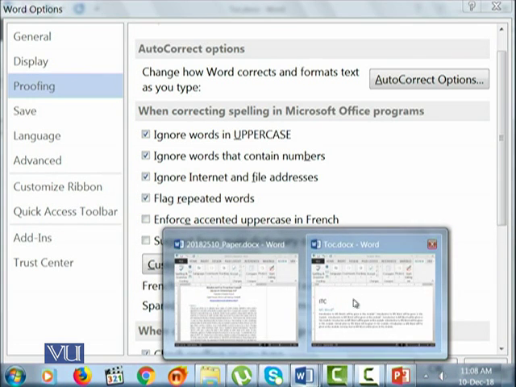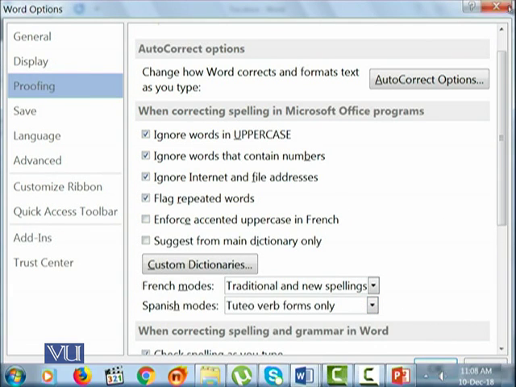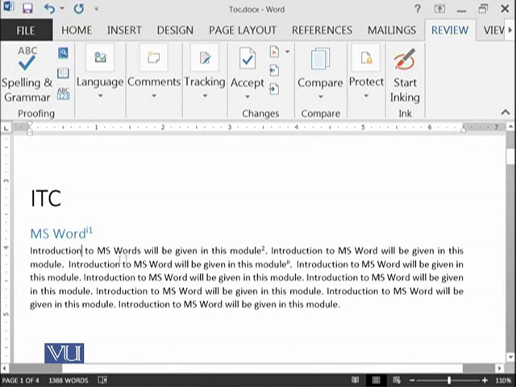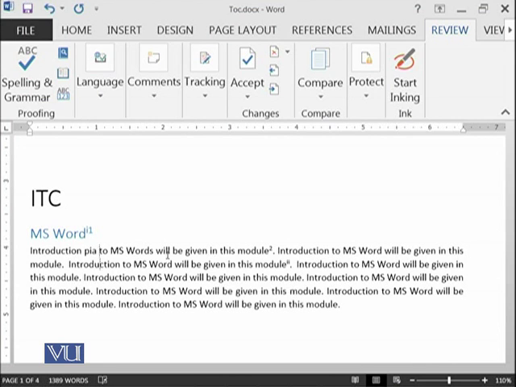Like if I go over here and write, for example, PIA, this PIA should be written in capitals. Now it will not be checked in the language. Otherwise, it might give you some errors for words which are not known.